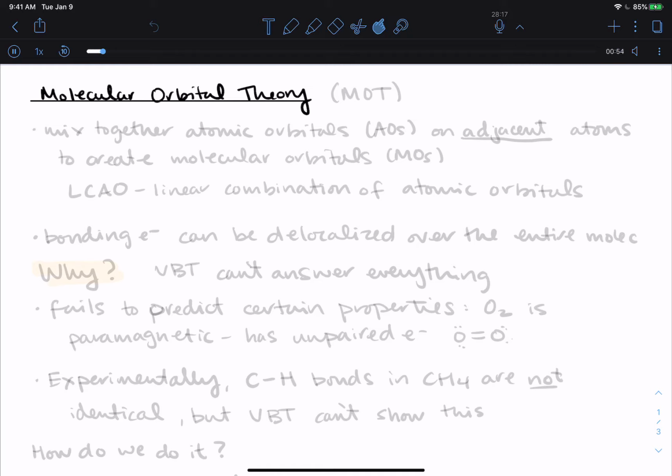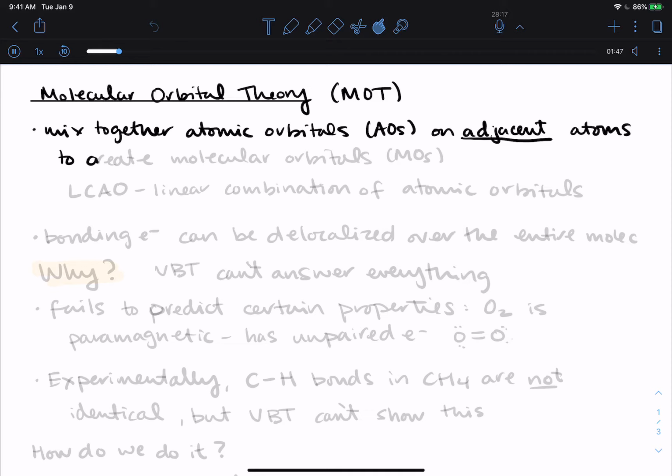Okay, so let's talk about what's going on in MO theory. So you'll see us abbreviate this a lot just to make things a little bit easier. So what we do is we mix together atomic orbitals, or AOs, on adjacent atoms, and I'm going to underline adjacent here. It's going to be one of the key differences between MO theory and what we did in valence bond theory. Because remember, valence bond, those orbitals we mixed together were on the same atom. Now we're doing it on adjacent atoms